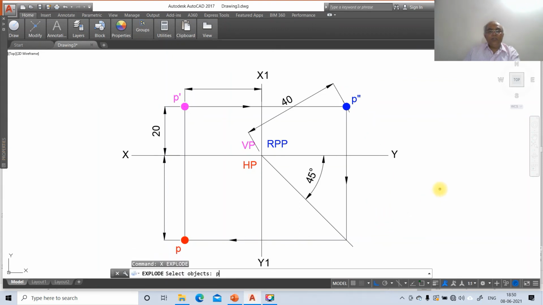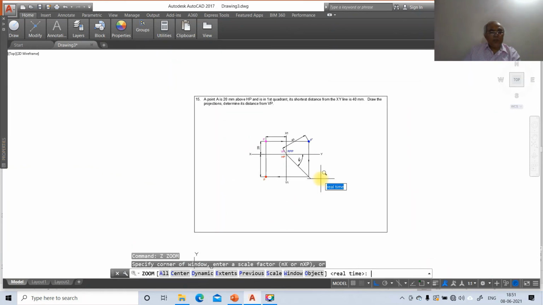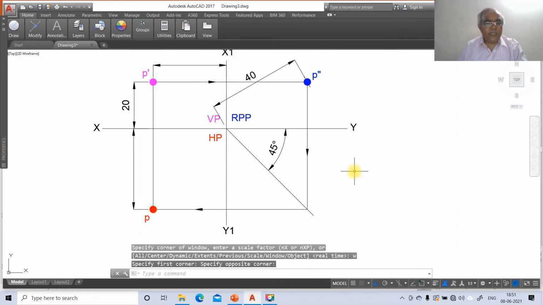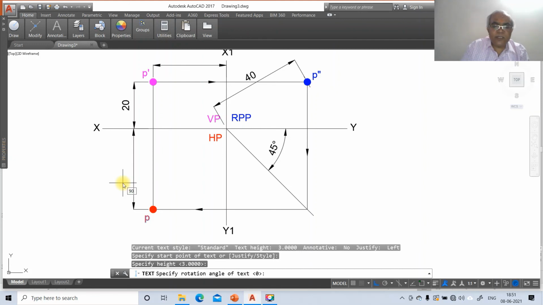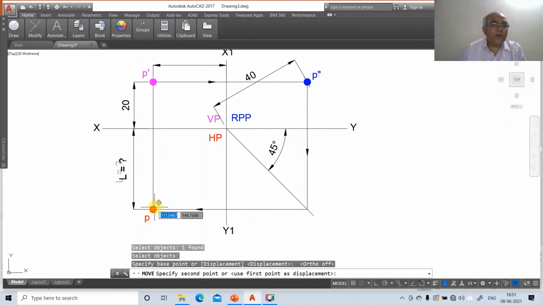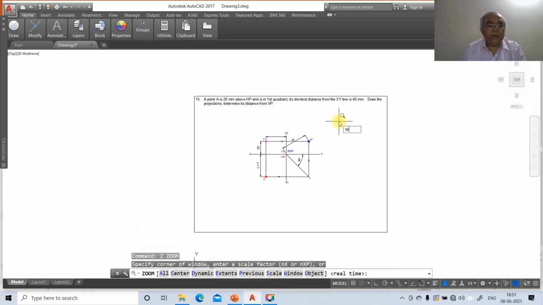So now we need to write zoom previous. So here then I want to write here L is equal to question mark. So here go to D text. So here you take one method is you make it rotation angle as 90. So text as L equals question mark. So automatically it will rotate by 90 degree. So then you just move and switch off this ortho mode and place it wherever you want. Then go to zoom previous, then go to zoom window.